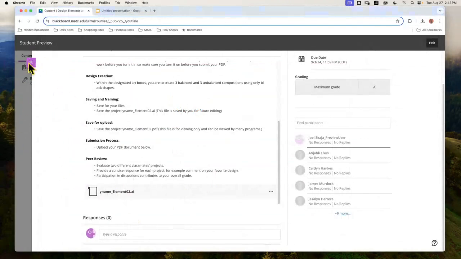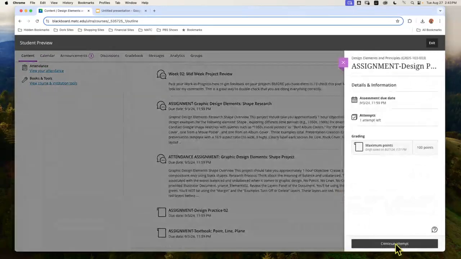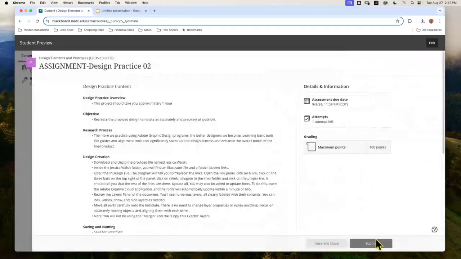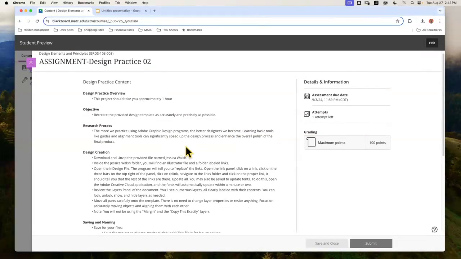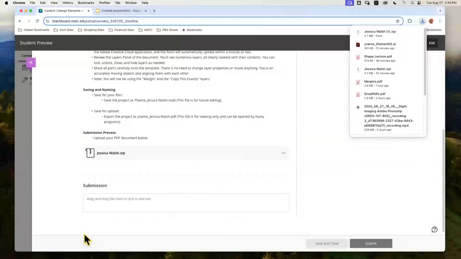Last but not least in today's roller coaster of assignments is another design practice in InDesign. So you guys are going to have to tell me about fonts and such, but it should work. So you're going to download the zip file. Now this also came up